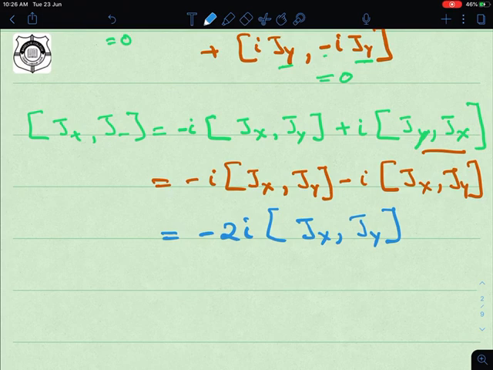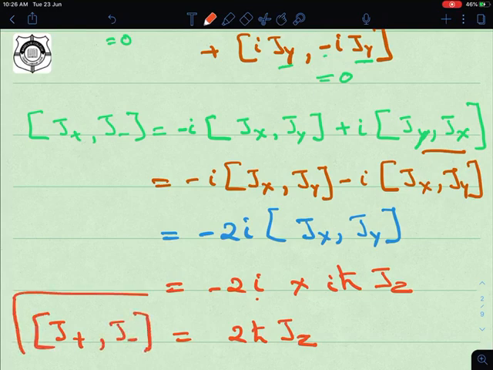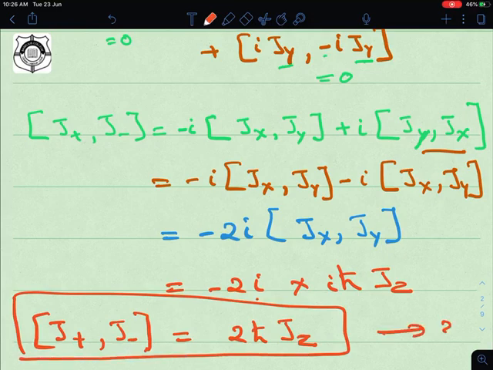So what is it? Jx, Jy are an even permutation, so epsilon ijk will be plus 1, and then you have iħ times Jk, which is Jz. So this will be equal to minus 2i into iħ, plus 1 for the even permutation, Jz. Or this is equal to i square means minus 1, minus minus plus, so 2ħ Jz. So your commutation [J plus, J minus] is equal to 2ħ Jz. So this is our third commutation relation. Thank you all.